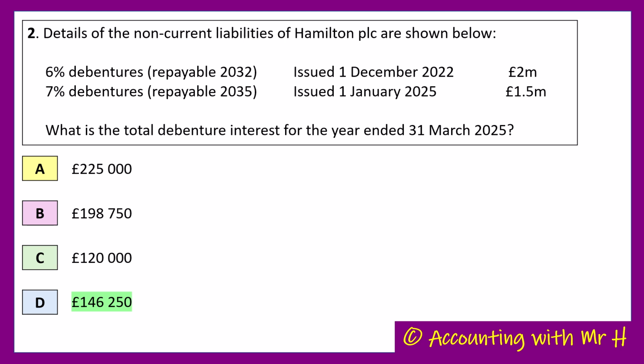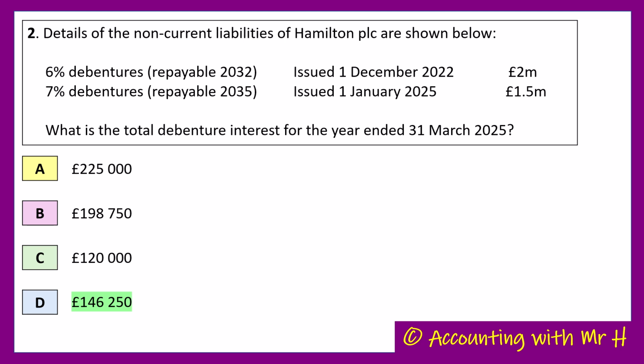So we've got January, February and March. They've only had these debentures for 3 months of this year. So they're not going to pay interest for the months when they hadn't got the debentures. Although it's £105,000 a year, we only want 3 months' worth of it. So if I divide 105,000 by 12, that gives me 1 month, and then multiply it by 3 to find 3 months. So the interest that relates to the 7% debentures for the year ended March 25 is